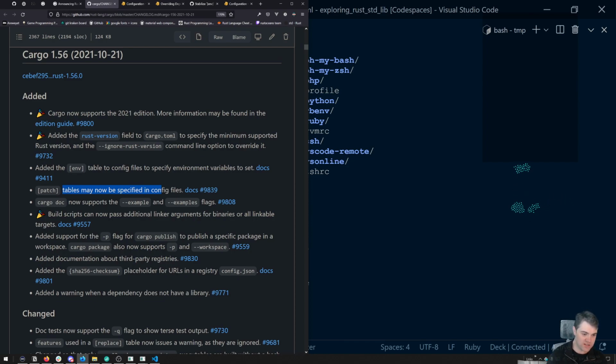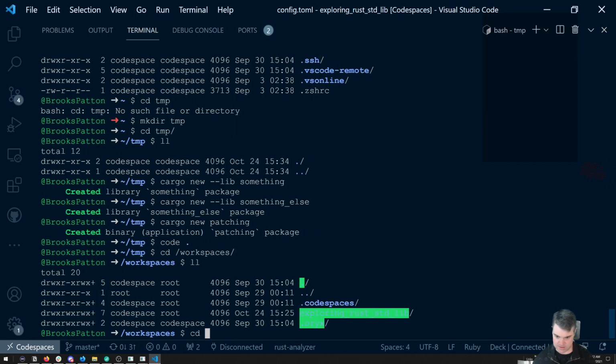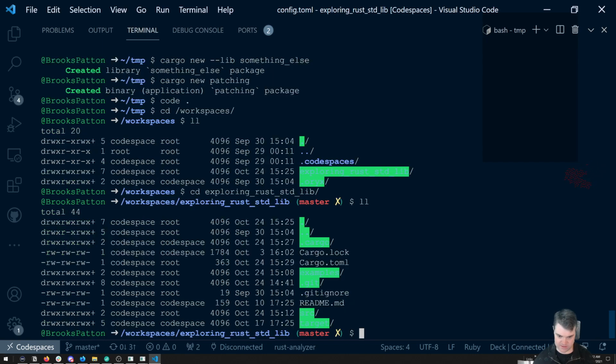Okay, so cargo doc now supports the example and examples flags. Wait, I can build documentation for the examples? Oh, hold on. What is that? Workspaces, exploring. Okay, so if I do cargo doc